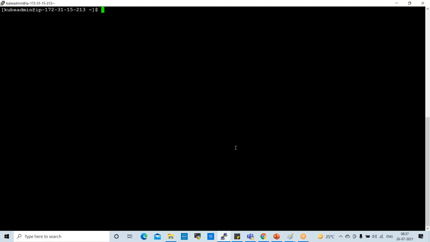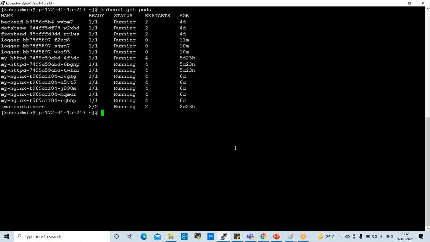Application logs can also be checked using some commands. Before that, let me check pod logs also. kubectl get pods. I want to check one pod's logs. For example, we have so many pods available here. I want to check this, these 2 container logs.